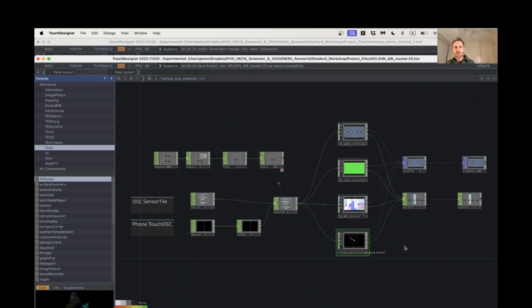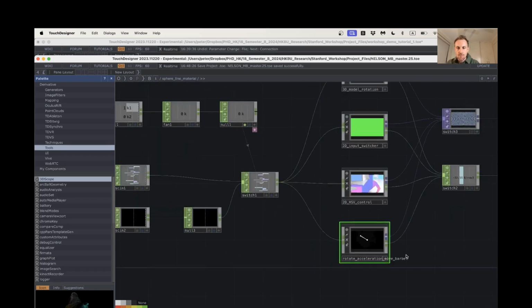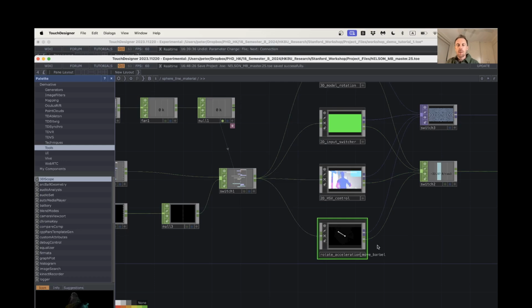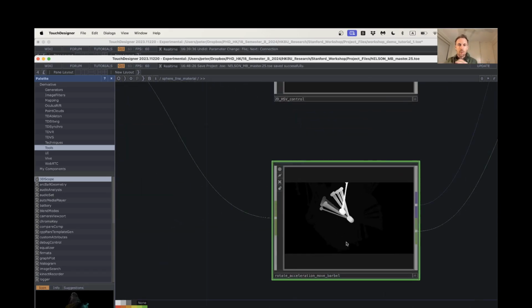Okay, hi everyone. So in this final tutorial, we're going to have a look at this last little folder I've got here called Rotation, Acceleration, Move Barbell. In this one, I'm not going to rebuild the whole network because it's got a few little tricky moves that you don't necessarily need to do, but I think it's kind of fun to explain where we can go to start getting something that's a little bit closer to the movement that we're doing with our hand, even though the sensor doesn't actually have position in space, but we can do a few moves that start to infer that